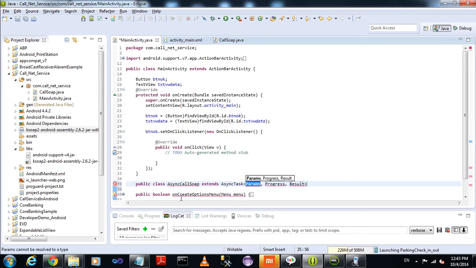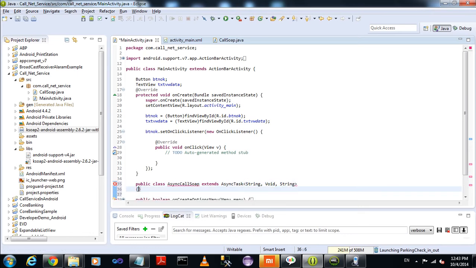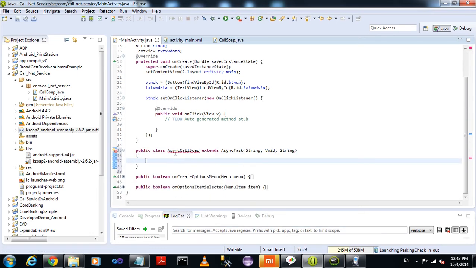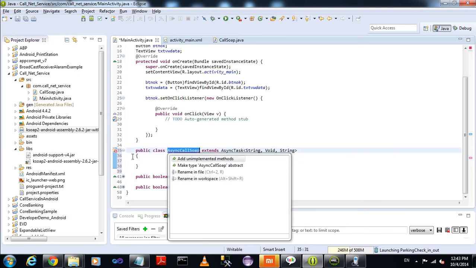This is the background process. Suppose you need any background process in Android, you need to extend AsyncTask and pass three parameters as per your response, meaning the required return value. I just pass String, Void and String because I need to return a string. Now just add the unimplemented methods.